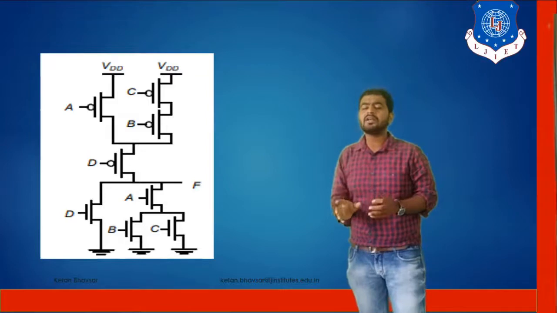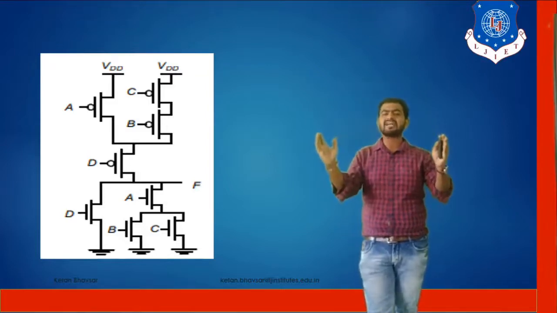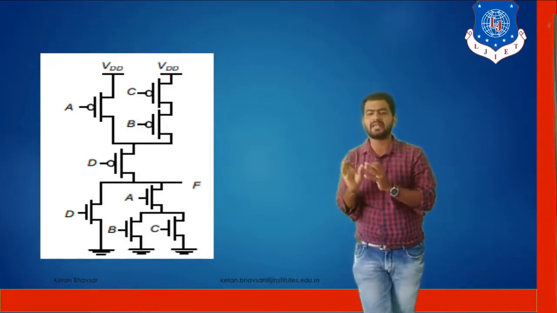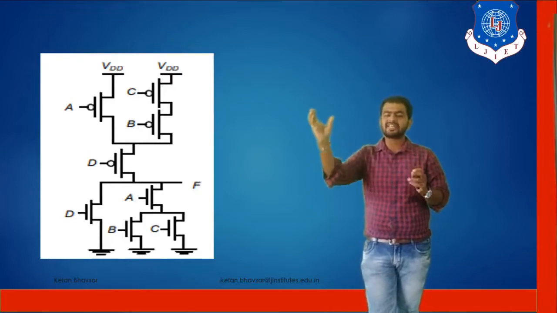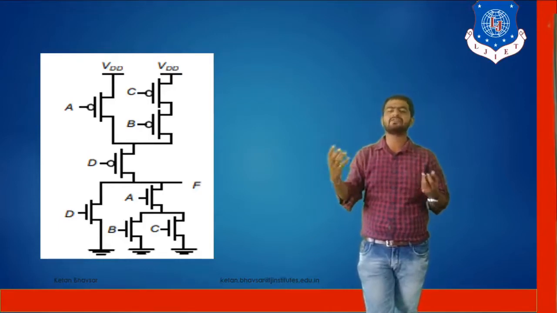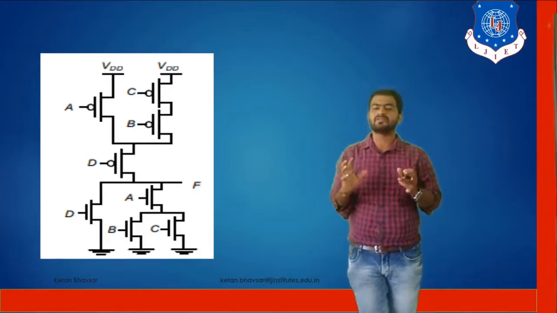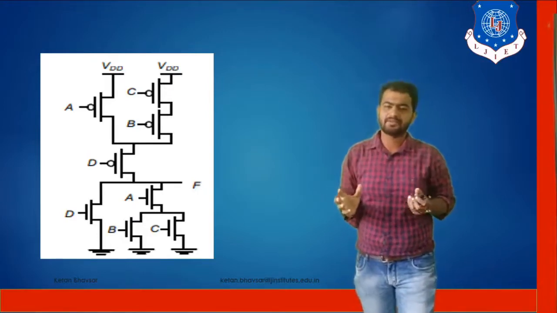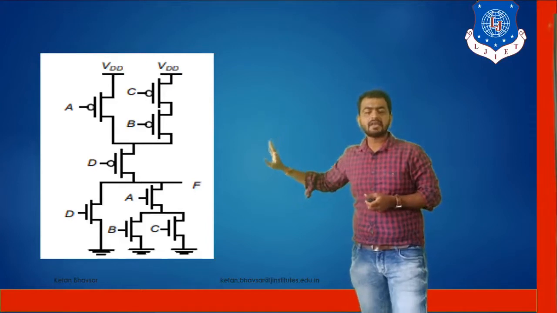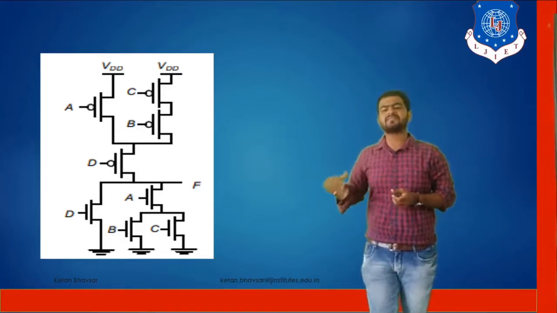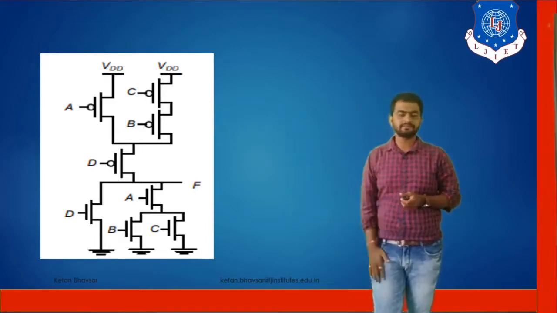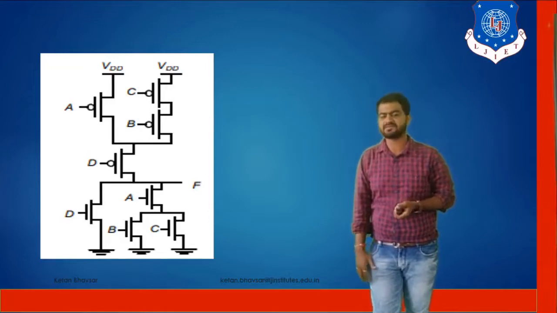So make sure that first of all, if you have any large Boolean equation, you have to first simplify it, and then you have to design a small model first of all, and then you have to cascade all the models, and you can create your own Boolean function CMOS design. Okay, so I just gave you only one example here, but you can design different types of examples using this type of configuration.